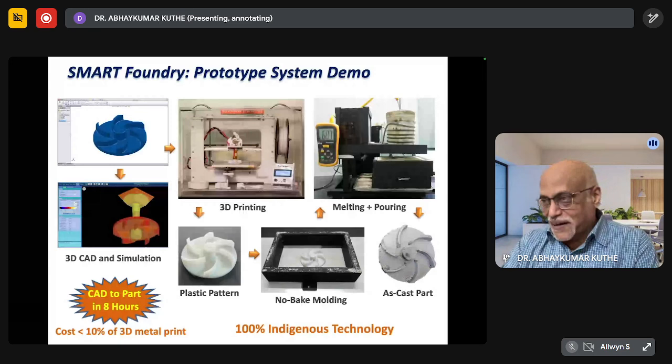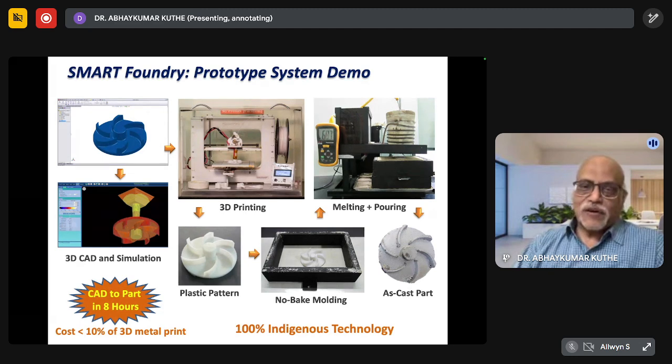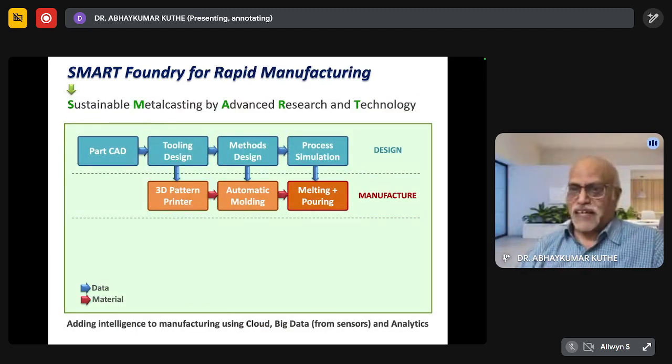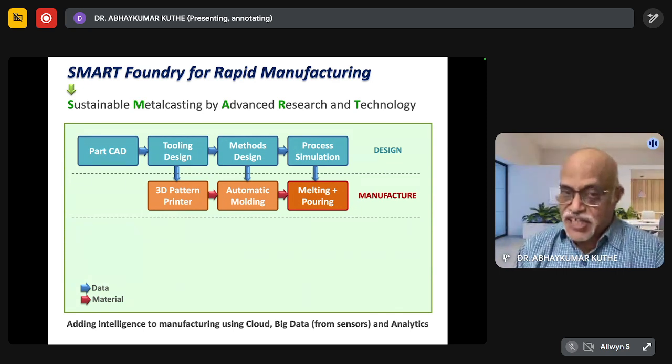I think it will be quite interesting. So we say that it's 100% indigenous technology. That is what we have started developing. And ultimately, you'll find that the whole picture will be more clear to you when you actually see this particular slide. There is a designing of the part, then there is a manufacturing of the part, then there is a